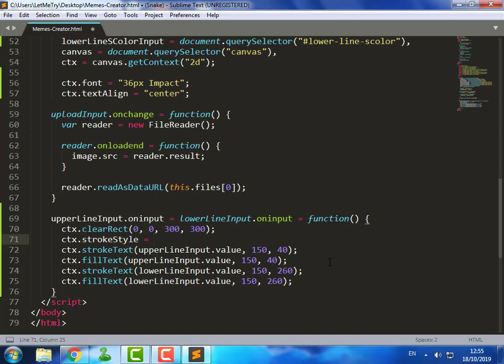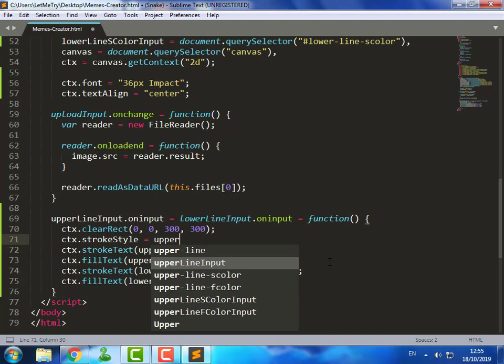So each time the user types, we use line colors instead of a default one.